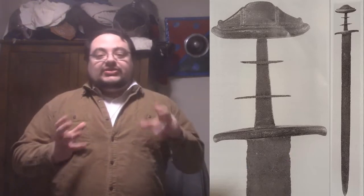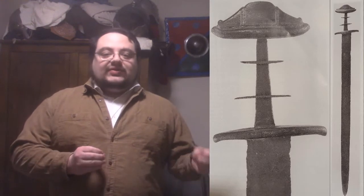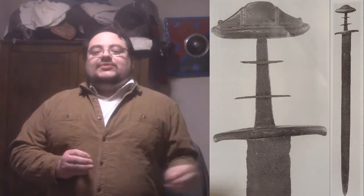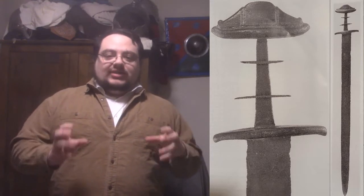The reason why I think this is a particularly fascinating sword when we're talking about early medieval Ireland is it has the potential to somewhat disrupt our traditional understanding of sword typology and from there other aspects of military history within early medieval Ireland. So traditionally this is viewed as a type of Petersen type A sword, which for those